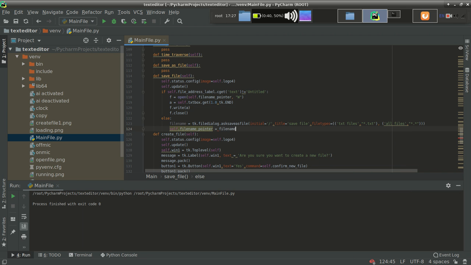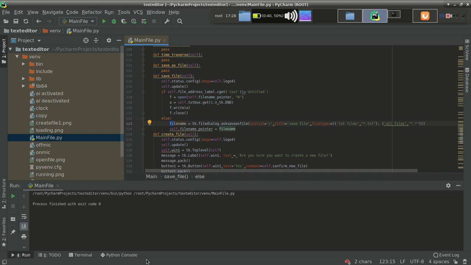Guys, since we have saved the file, this dialog box will be destroyed only in that case, if we have saved the file. Suppose that if we do not save the file, then this will be empty. So what will happen if we save the file, and after that we have to modify the value of file name pointer also, because now we will work on a new file, and what will file name pointer carry?